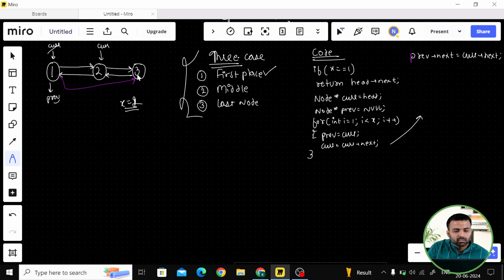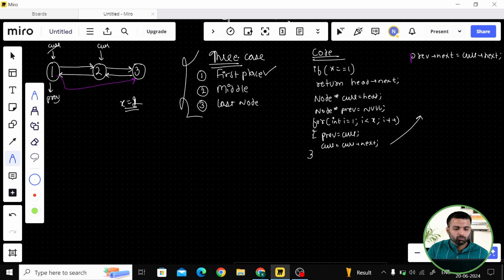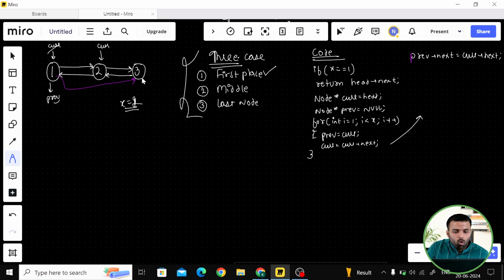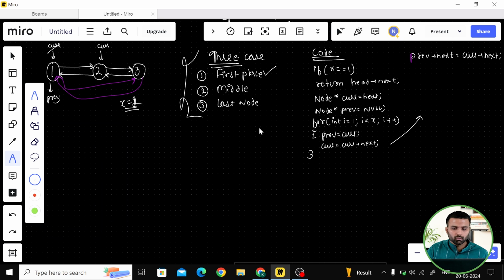So that thing is okay. Now we also want this to be linked with your previous, so we have to write a condition here. Why? When we solve the third case, we will know why we have written this.